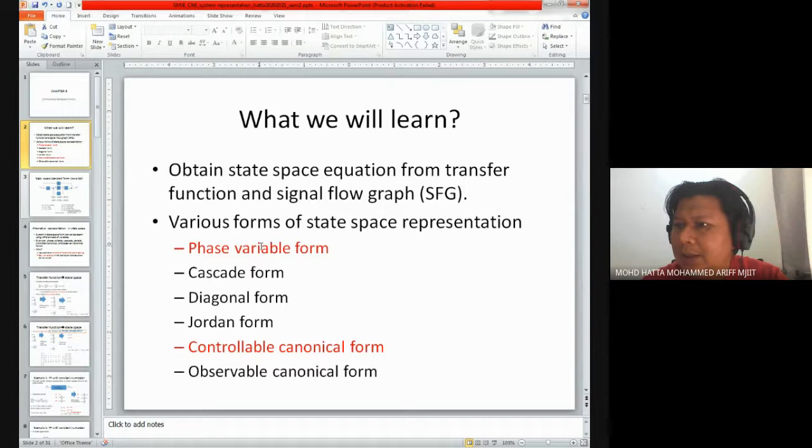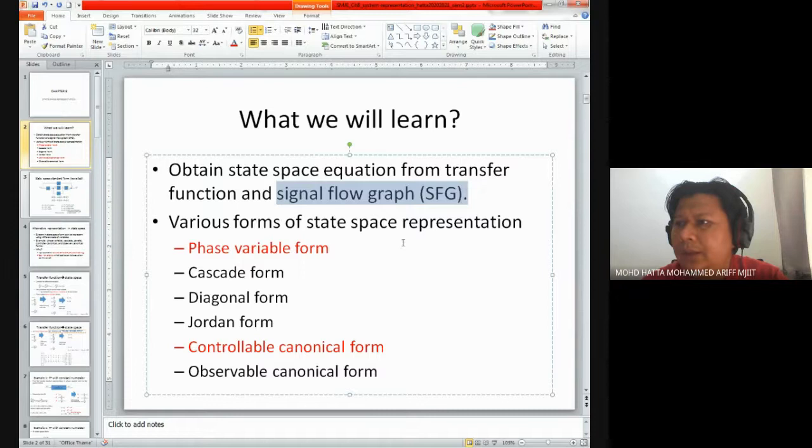Like this is what I mentioned just now. What we try to do is have a look at a signal flow graph. Before we get into the signal flow graph, we try to convert our system from a transfer function, and of course, maybe from state space into a system transfer function as well. Later on, or at the same time, we also will look at various forms of state space representation,